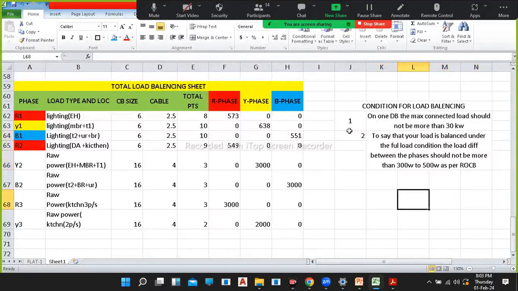Okay, so now what is the standard saying, guys, is, see, in the distribution board 1